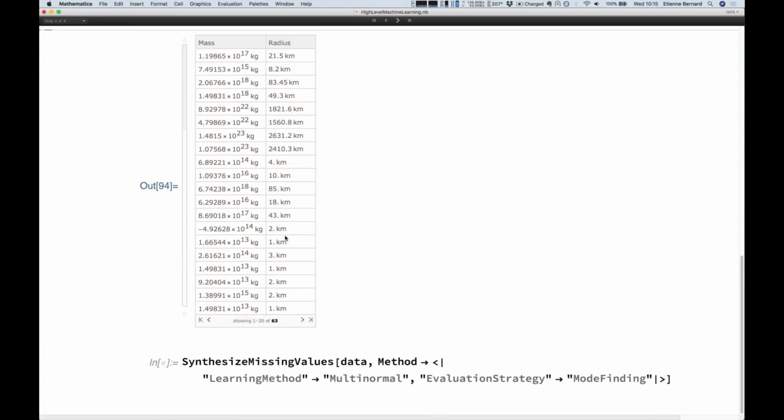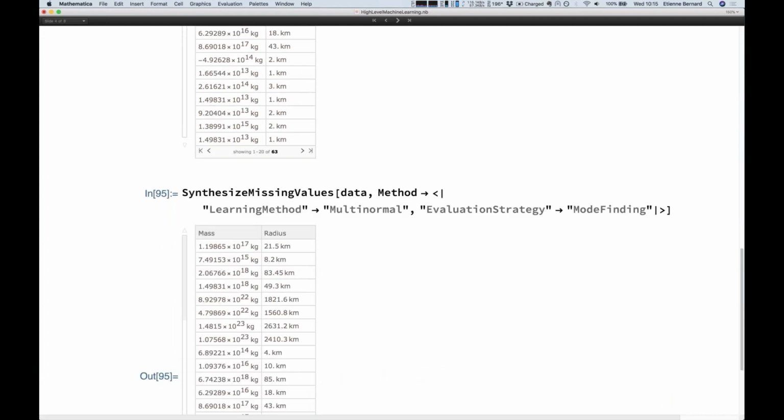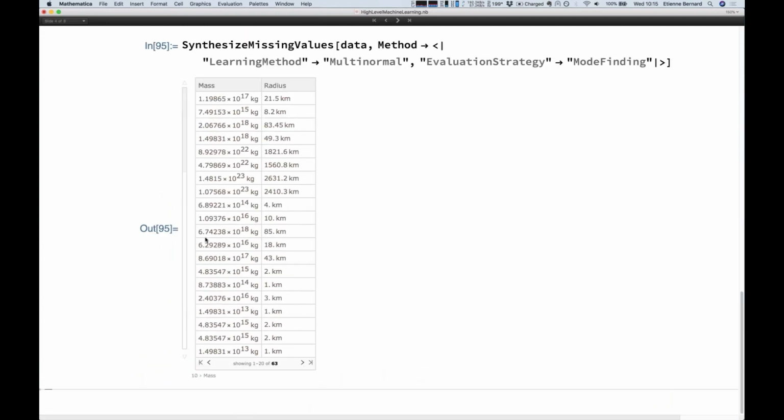But it's because it's sampling from the conditional distribution. You can also say, oh, actually, I want to find the most likely missing value by using mode finding. So you can specify an evaluation strategy. You can also specify a method for the learned distribution that will be used for the imputation. So in that case, I just say use the multinormal and use the mode. And in that case, there's no